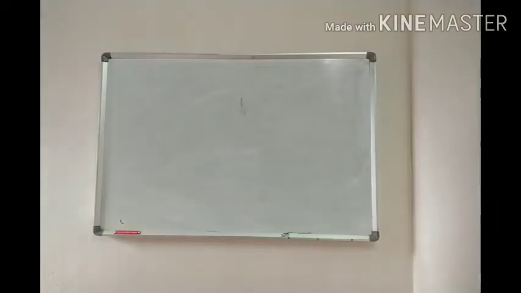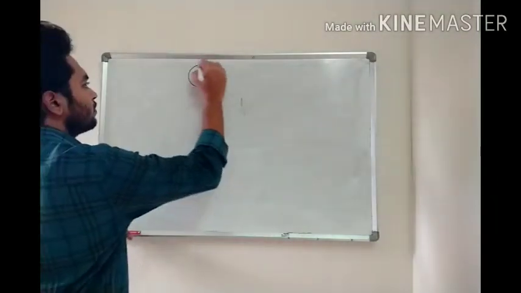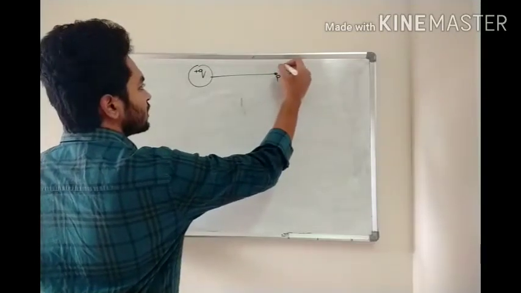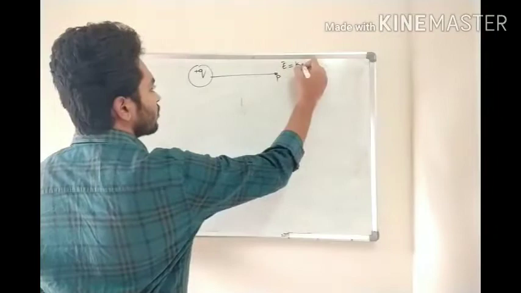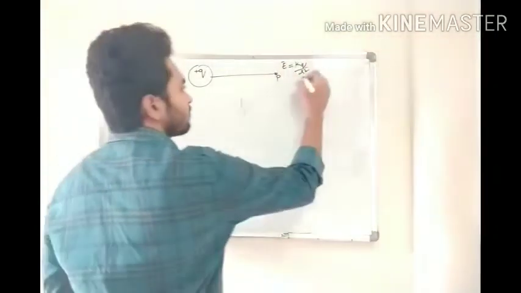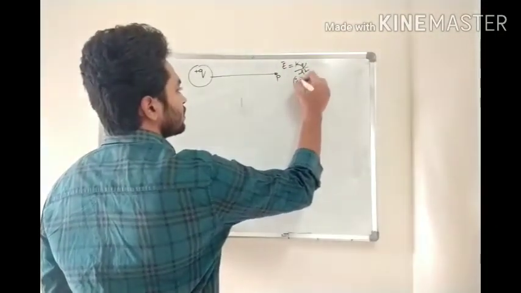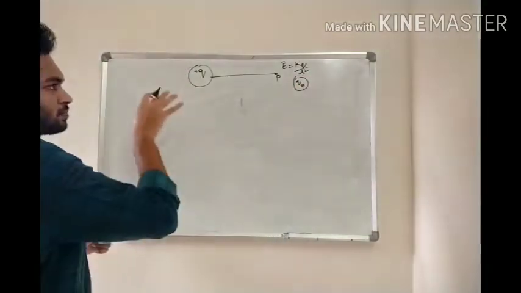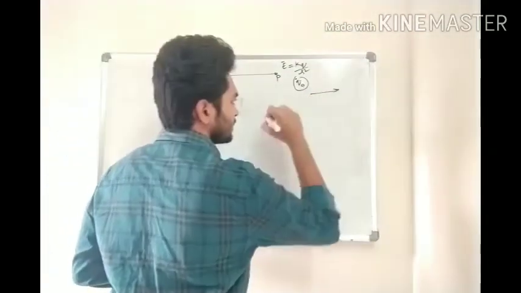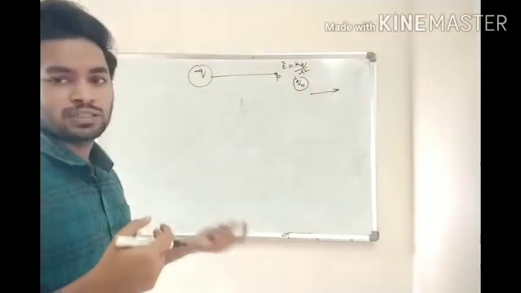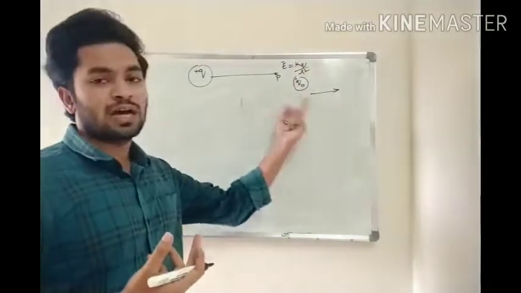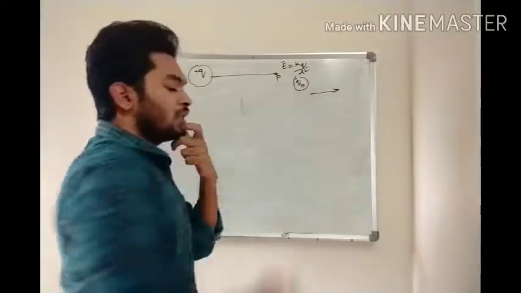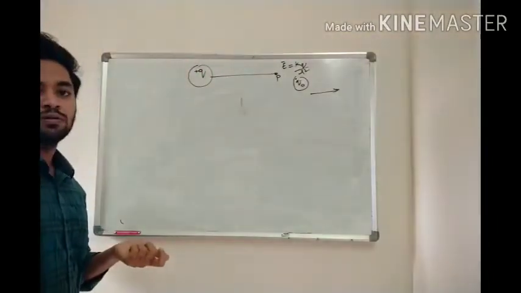Vector form, what is there? Again our positive Q, and here our distance P, and our electric field is KQ by R square. Now another, this is Q naught at position P. Now where will the charge go? In this direction, right? Because both are positive. I told you that the charge on the test charge is positive. So it will go in this direction. It will go away from the positive charge.